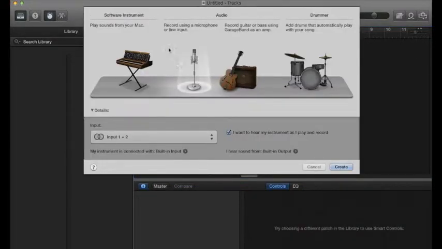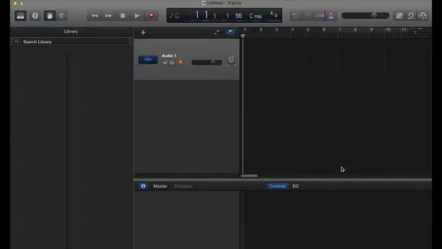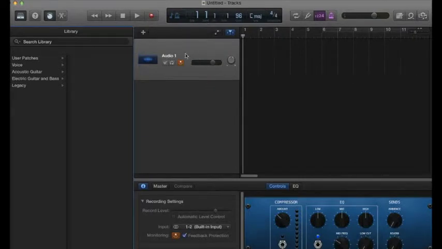Now it goes back to this screen. It says record using a microphone or a line input. Well, this is the one I want to do anyway. So I choose that. And I come down here for create. I'll click on create. And they start off with one track, you can set this many different ways, depending on what you want to do. But first, before we do that,